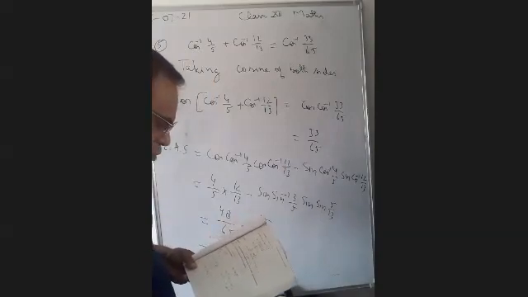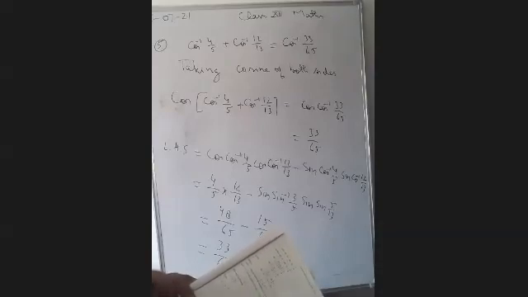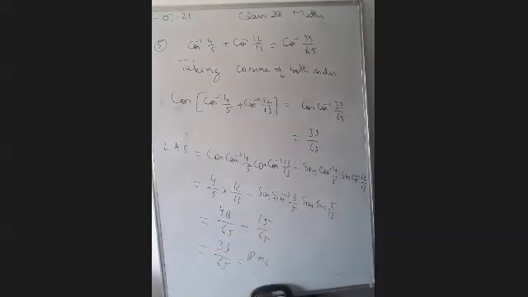Question number 8, there are 4 terms they have given, so you can take 2 at a time. You can use the tan inverse formula 2 times, first 2 terms and last 2 terms, then again you can get the formula. So this question number 8, let me try to solve.